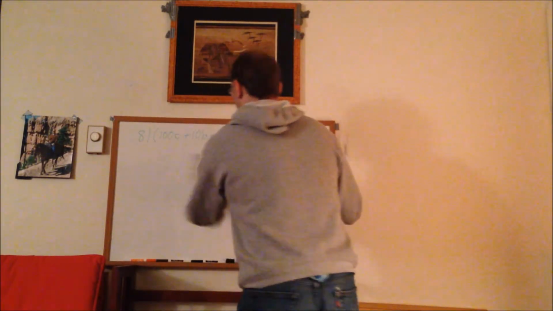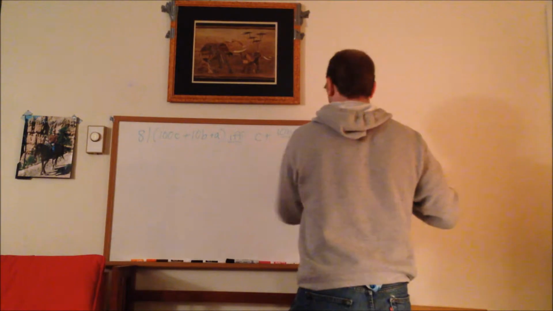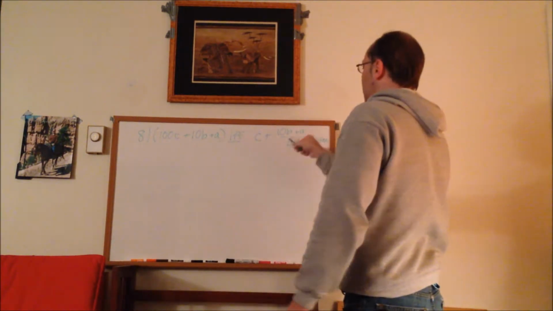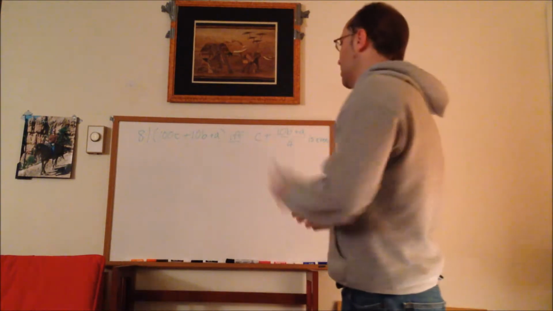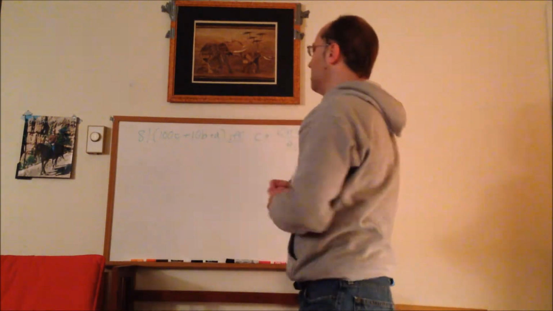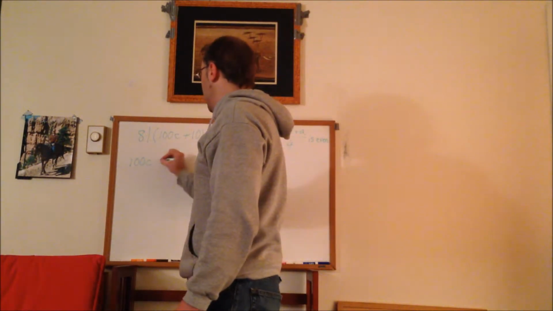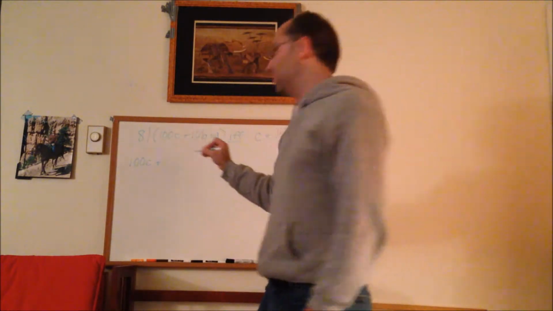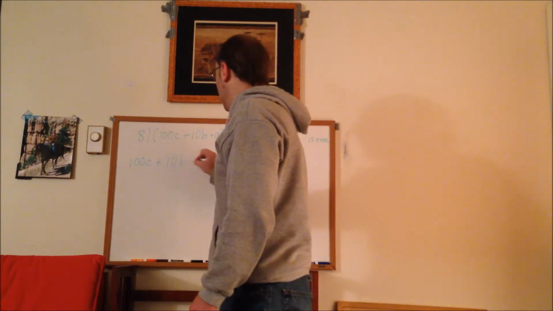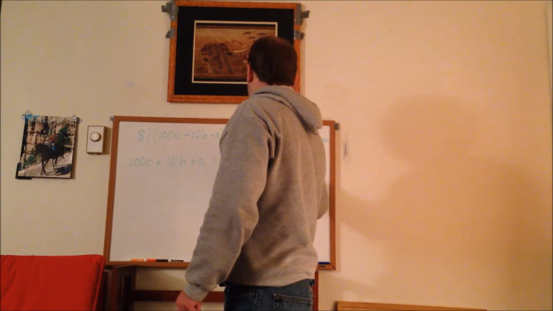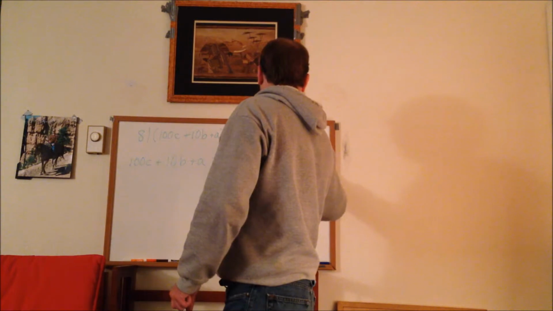Now, why does this work? And again, this is actually going to be a simpler proof than the one for 7, at least that second part. Again, you have to prove that this implies this, and then the converse of this implies this. So we're first going to work from here to here, and we're going to say that 100C, C is the hundreds digit, plus 10B plus A is 8K for some